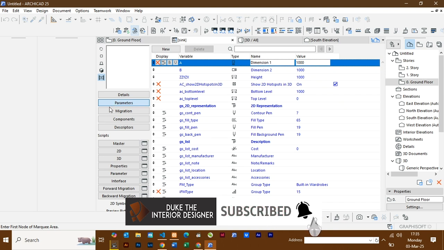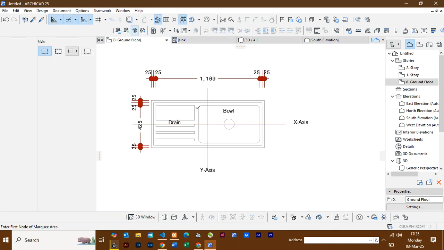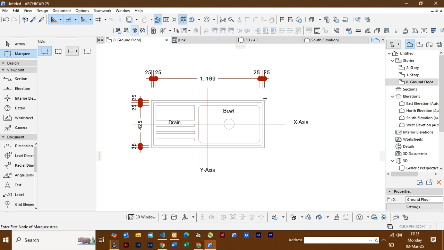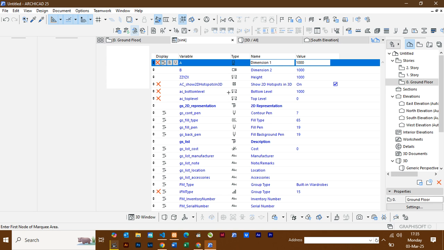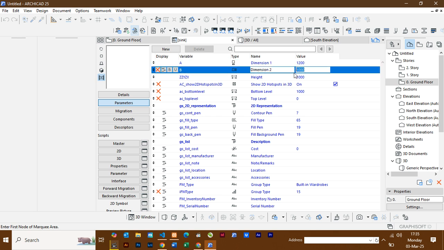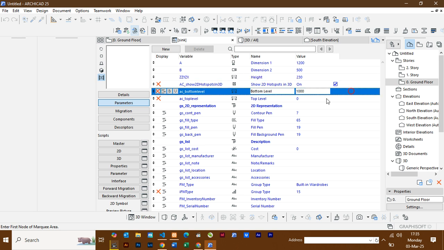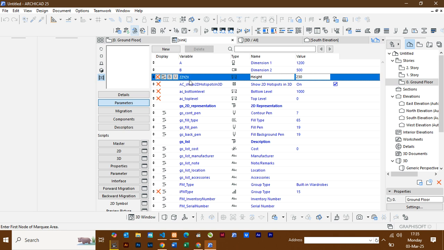Parameters is where we do input our sizes, and like you can see from our drawing here, we'll need the whole length of the sink, the width, and other few measurements. So come here, our A will be our length, which is 1200. Our B is our width, which is 500, and the height, I measured one of the sinks that I have, it's about 230, and then we can add other measurements. Come down here below ZZ, YZ, X, put